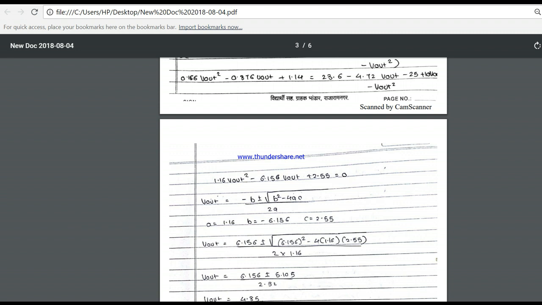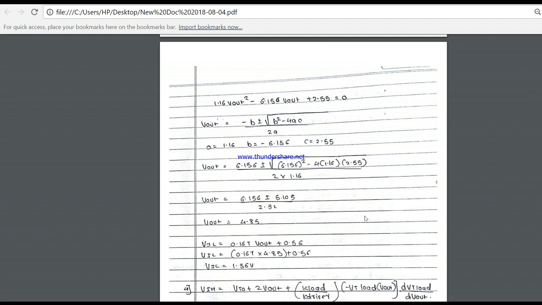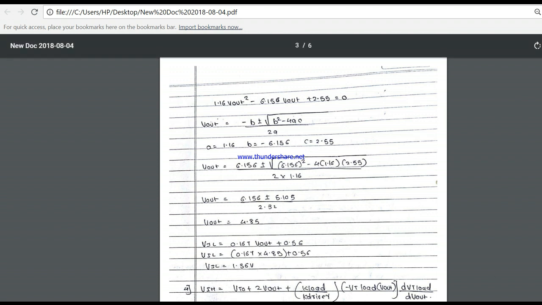That is 4.82, and we'll also get the other value, but it is less than 4.82, so I have ignored it and taken only 4.82 over here. Putting this 4.82, that is V out, in the VIL equation, we'll get 1.36 volt. Now similarly doing it for VIH,